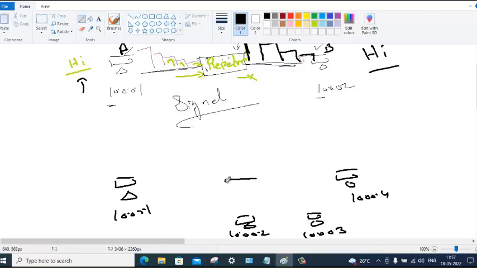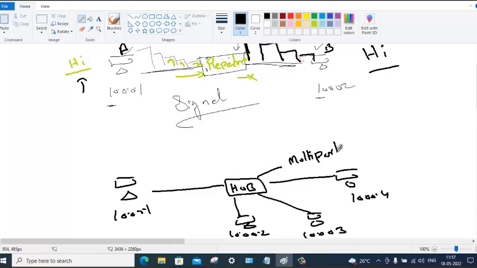Repeater will have only two ports. But in order to connect these four devices, I need more ports. We call it a hub. Hub is a multi-port repeater. A repeater with more ports. Hub is a multi-port repeater.